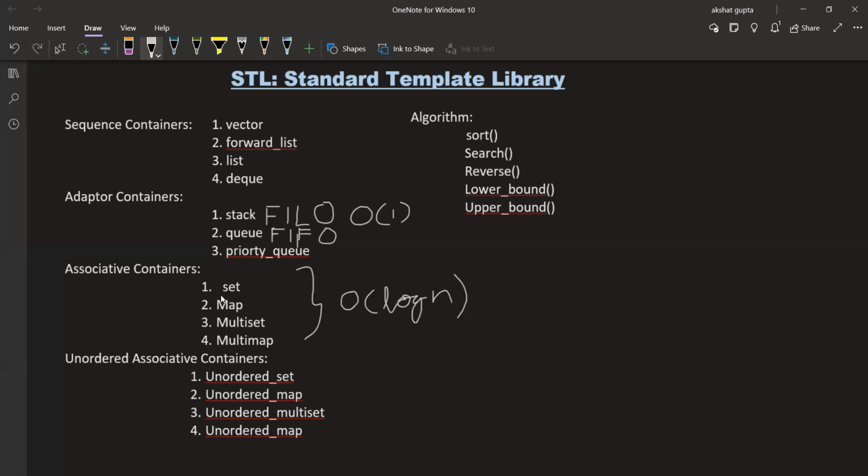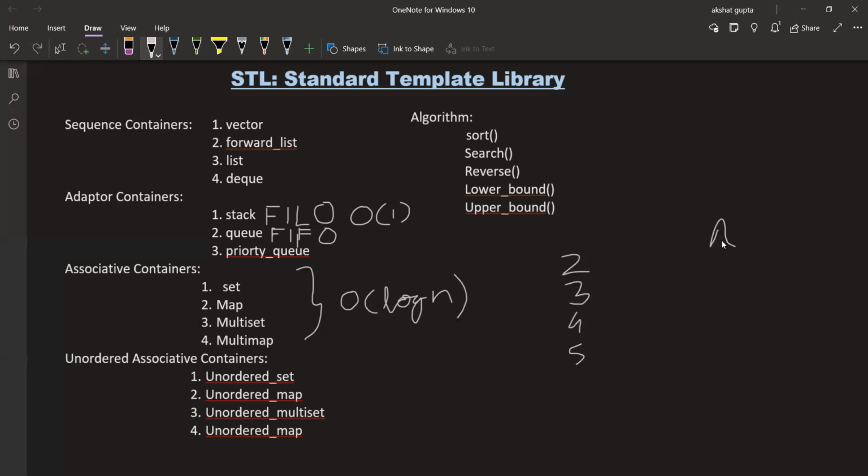As you can see, these containers can be broadly divided into two categories, that is set and map. So in set, we can store a single type of values, like roll numbers of students, 2, 3, 4, 5. And with map, you can store a pair of values, like the name of the student and his marks.